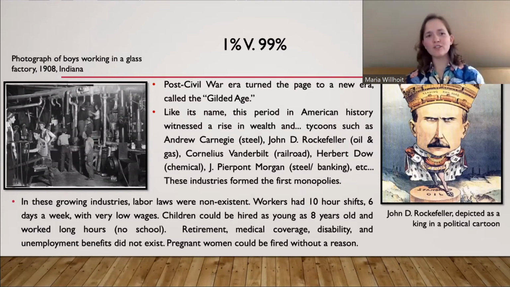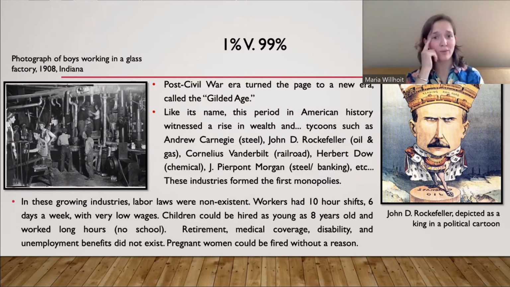But to go back to the industrial age, so now, we've spoken about the birth of industry. We start to have the growth of industry in the early 1800s. We have new factories, new technologies. We have new people to help work in these factories and use these new technologies and to settle this new land. But post Civil War, we start to turn a page, and we go into a new era.